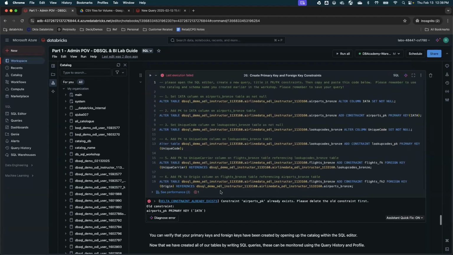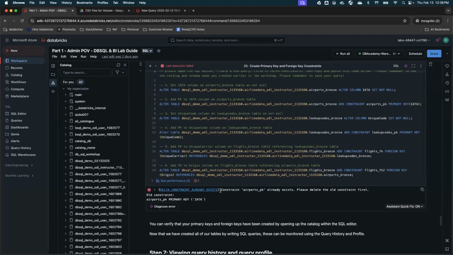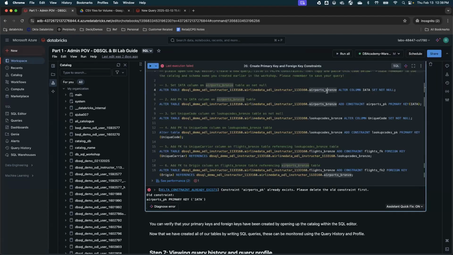Once it is created, let's talk about primary key and foreign key. So once the tables are created, we will build a relationship across the tables, right? So we have the airport bronze table, and we will add a primary key on the IATA column. To set up a primary key, the first step is to set the specific column to not null, right?